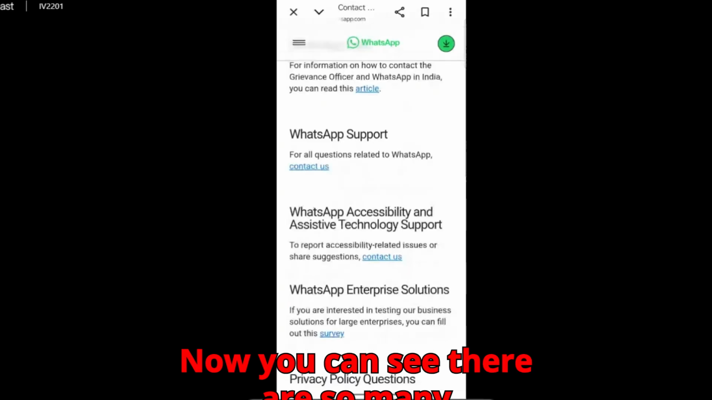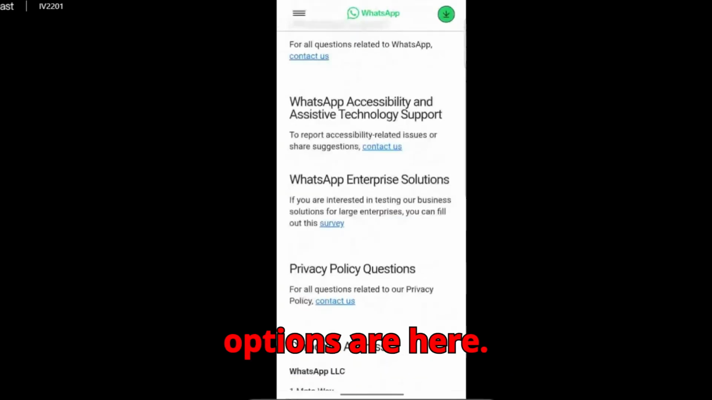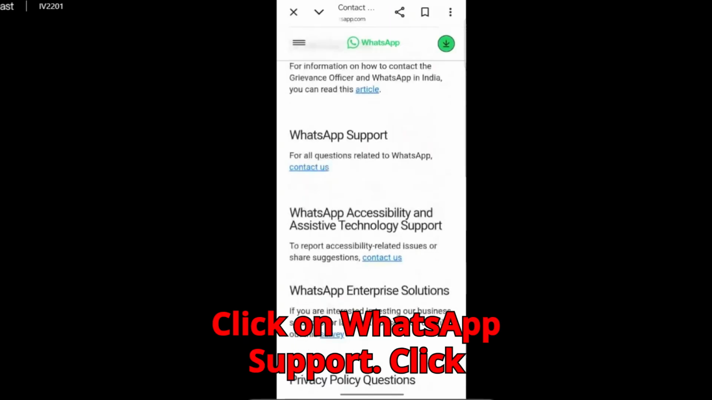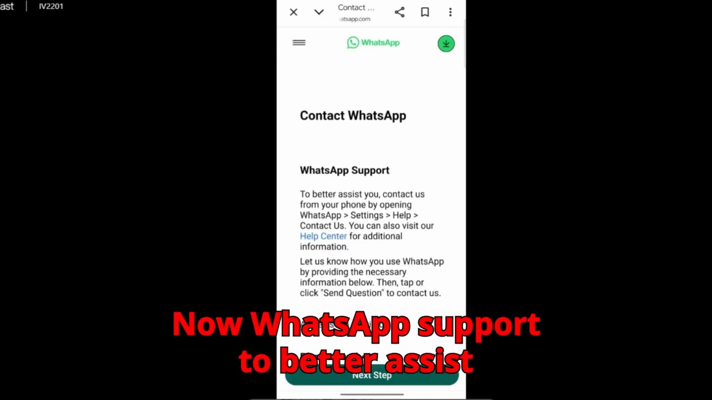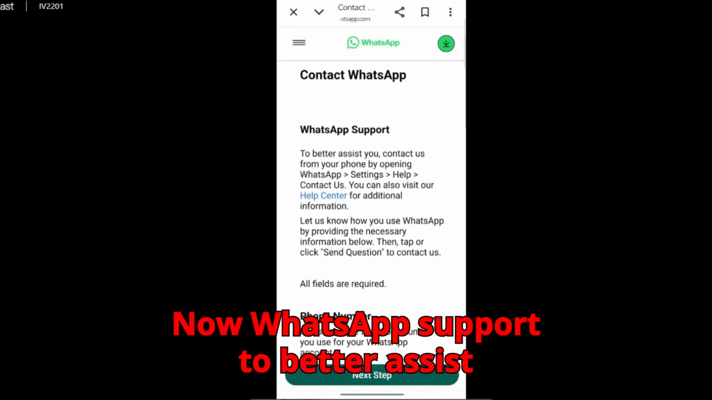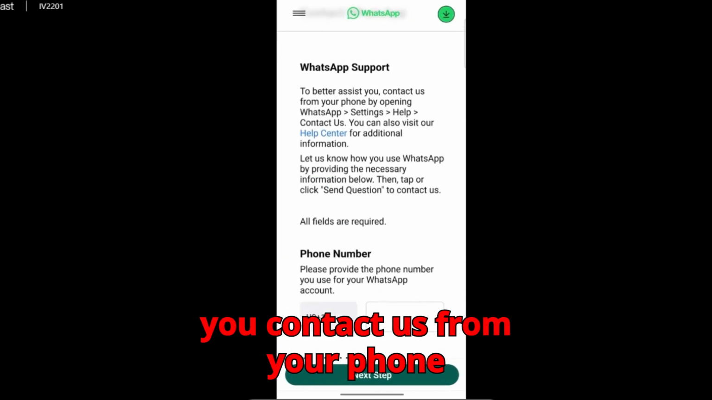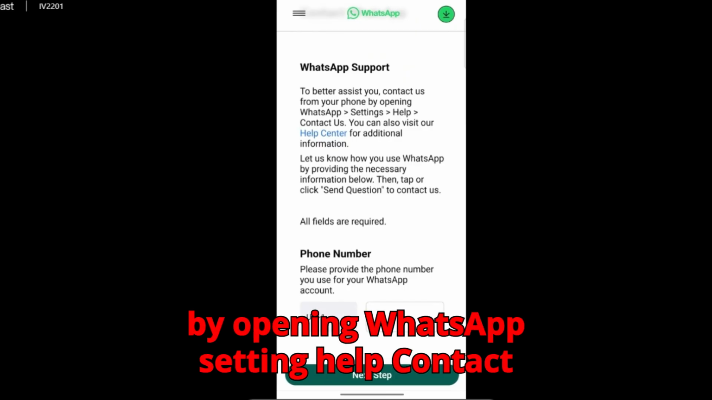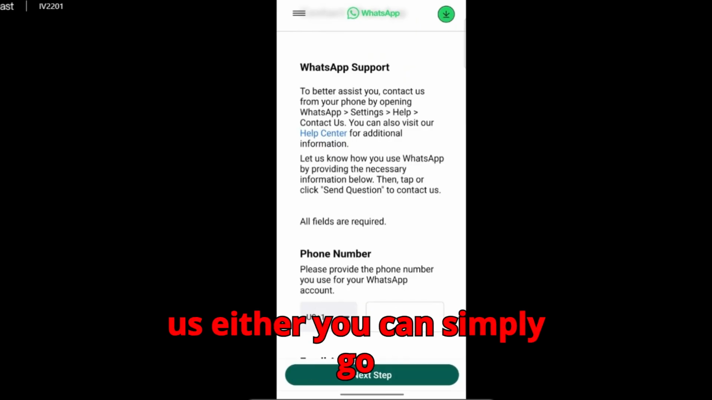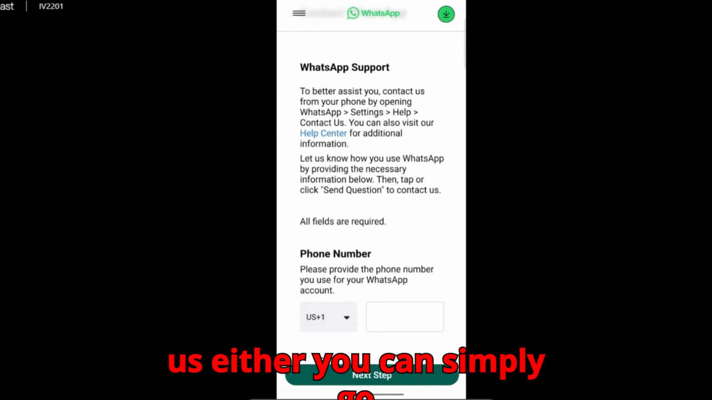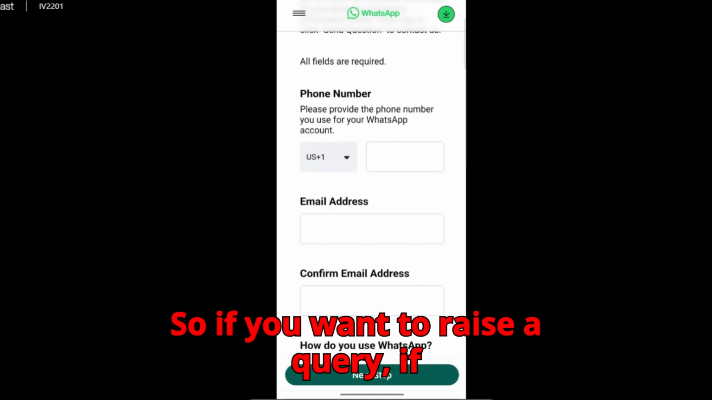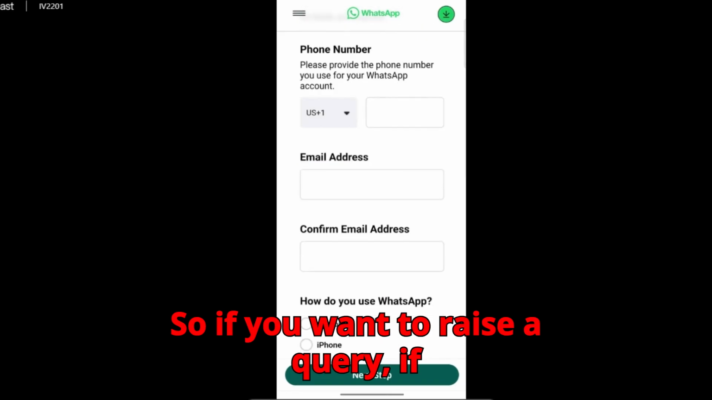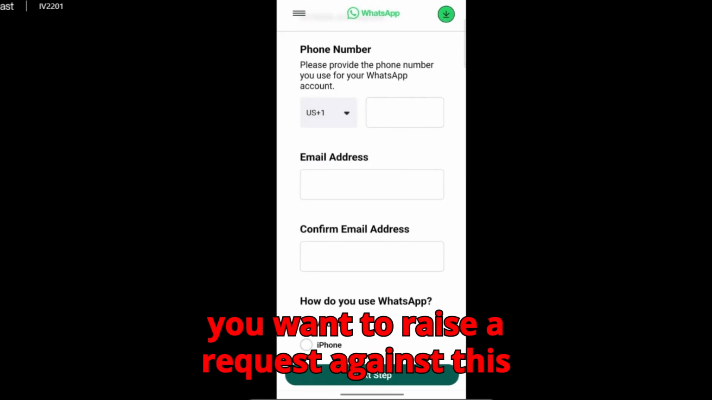Now you can see there are so many options here. Click on WhatsApp support, click on contact us. Now, WhatsApp support: to better assist you, contact us from your phone by opening WhatsApp settings, help, contact us. Either you can simply go to all fields are required. So if you want to raise a query, if you want to raise a request against this problem, so you